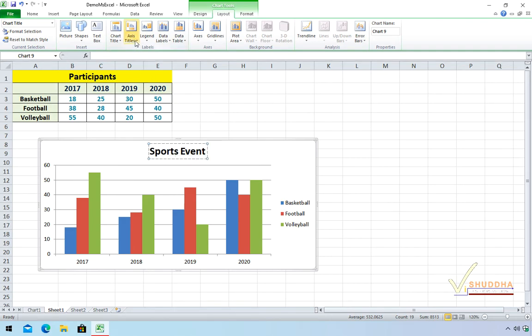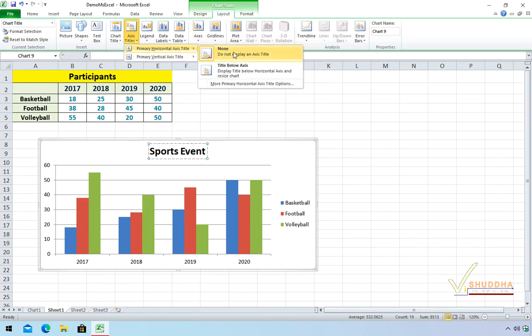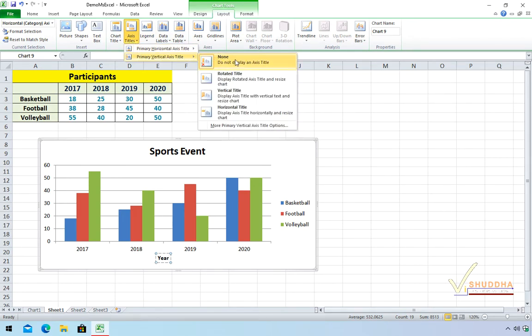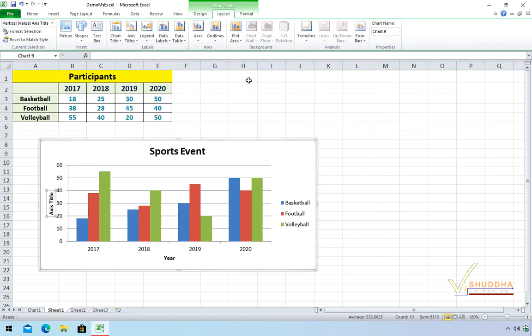Now you can have the axis titles also. So let's add some horizontal axis title. Edit the title. And similarly, you can have some vertical axis title. So there are 3 ways of adding it. Let's try them one by one.